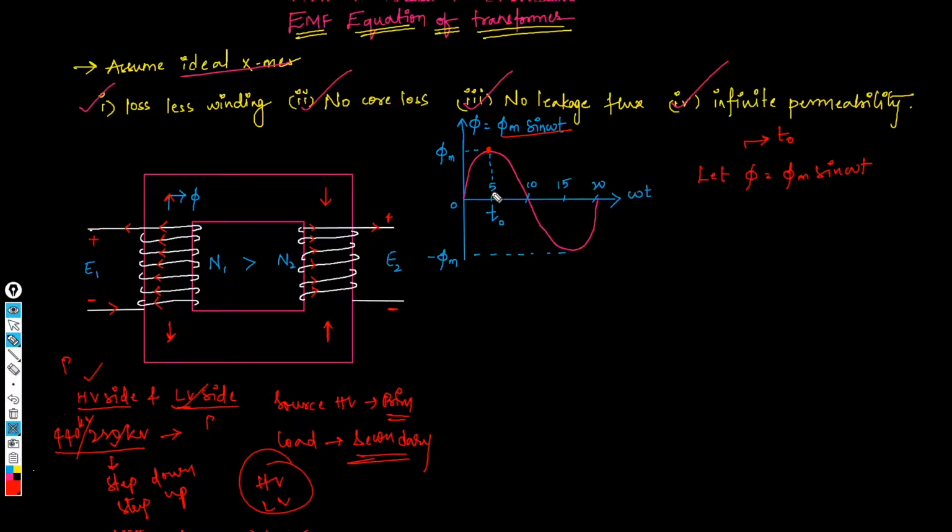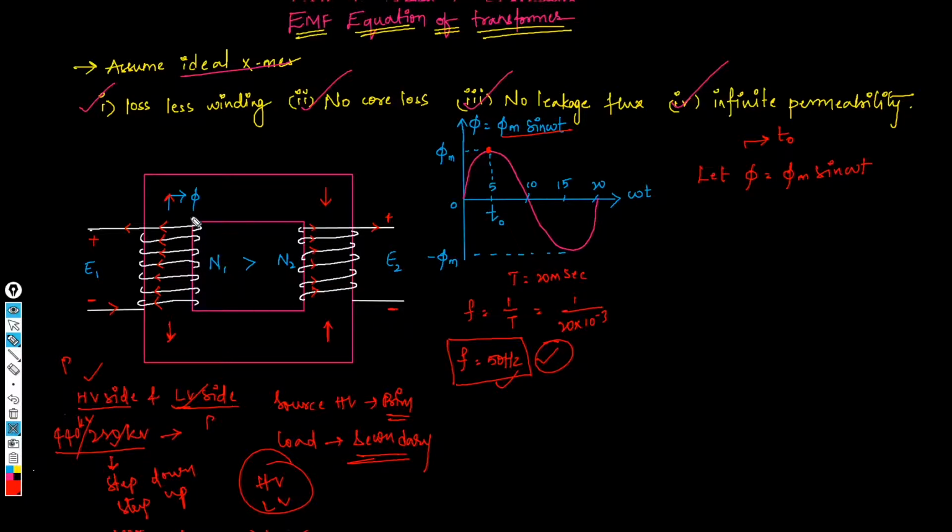Now, as I said, it is a time varying flux. If I consider the total cycle as 20 milliseconds, the total time period is equal to 20 milliseconds. We know that frequency is equal to 1 upon time, so 1 upon 20 into 10 power minus 3, which comes to a frequency value of 50 Hz. This means whatever time varying flux is there, it is changing 50 times in 1 second of time. This is what you need to remember.